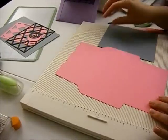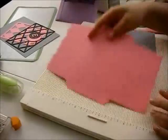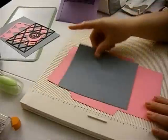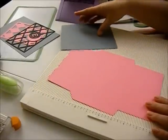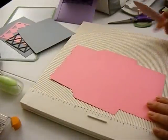And all we have, there's just two pieces of the envelope. The first one is the envelope part, and the second one is the envelope liner, okay? So the first thing you're going to do, once the envelope is already cut out, is you're going to want to score